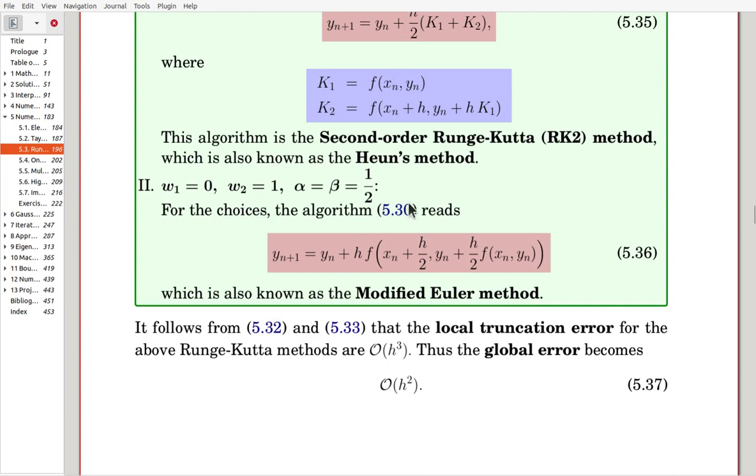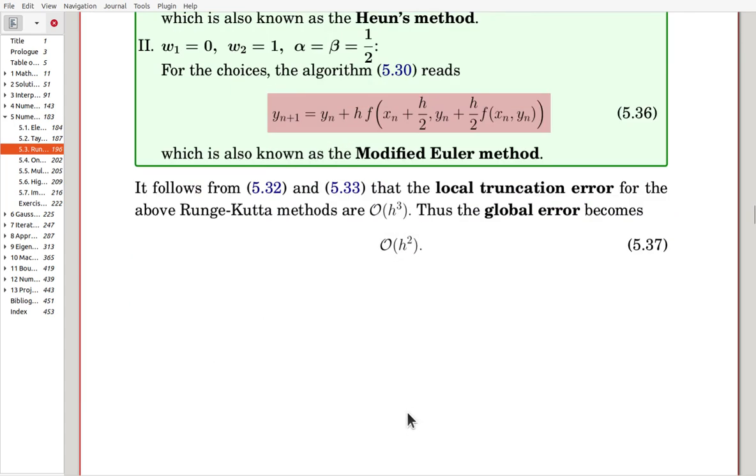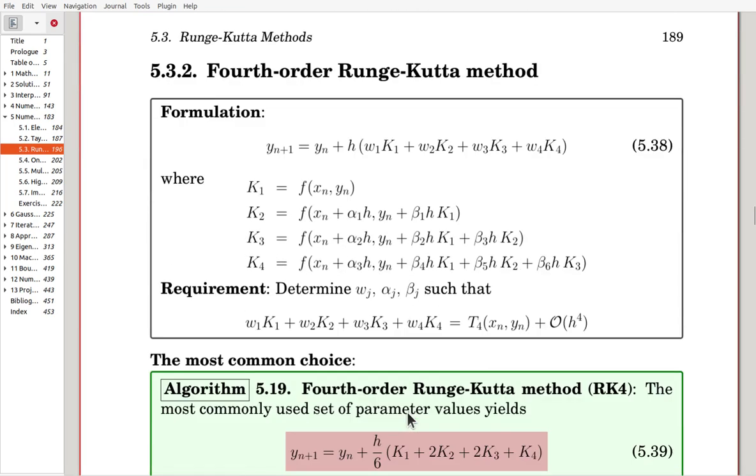For these two algorithms, the local truncation error is order h cubed, so that the global error becomes order h squared. Okay, now let's go to the fourth order Runge-Kutta method. The fourth order method must be formulated along with 4